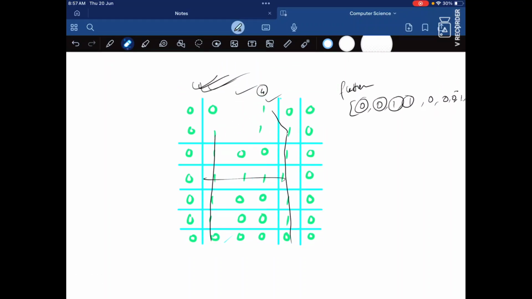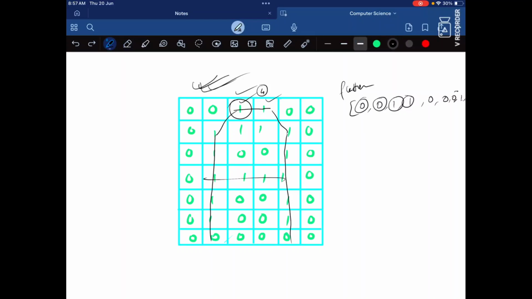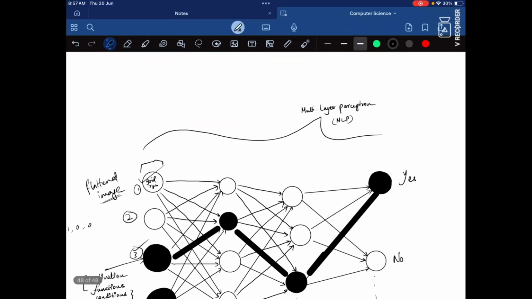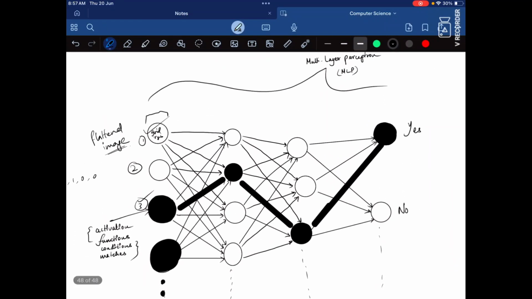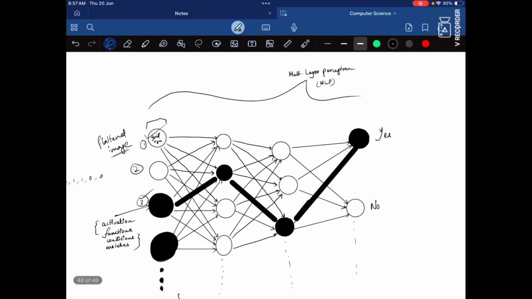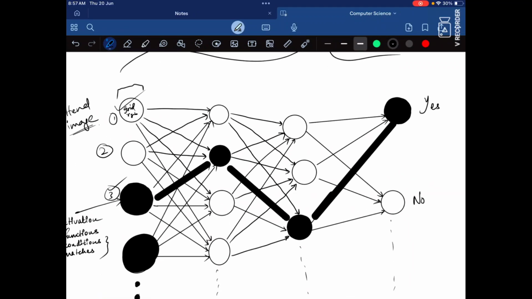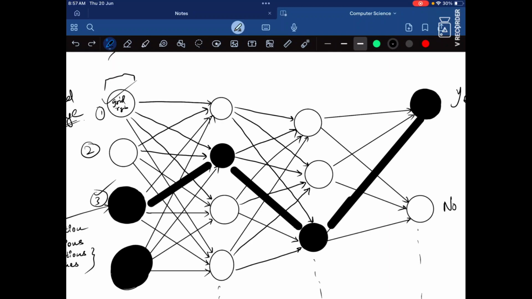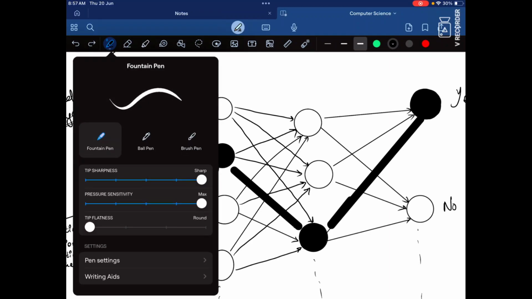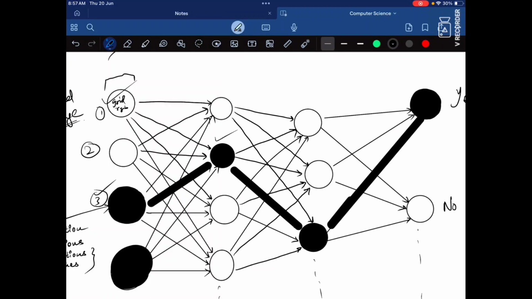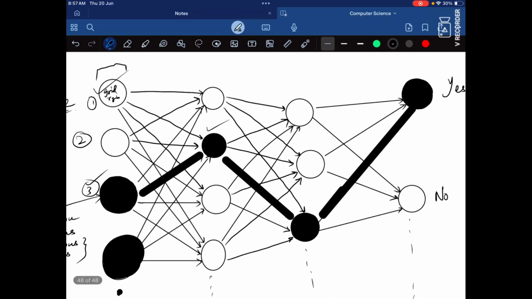There is a 1, so it will match this one. And once they match, the activation function generates that okay, this one is correct, our machine is identifying it correctly. So we proceed. It also checks with this and finds a match, and it also generates an output.